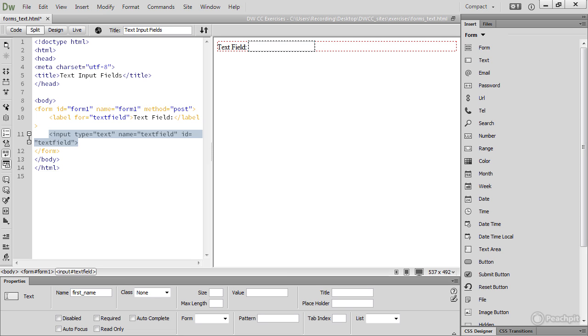When I press Tab to enter that, it changes the name attribute in the input element, also its ID, gives it the same value. Not only that, it changes the value of the For attribute in the label, so it associates this particular label with this input element. Of course, you will also change the placeholder text in the label, but I'm going to concentrate on what's in